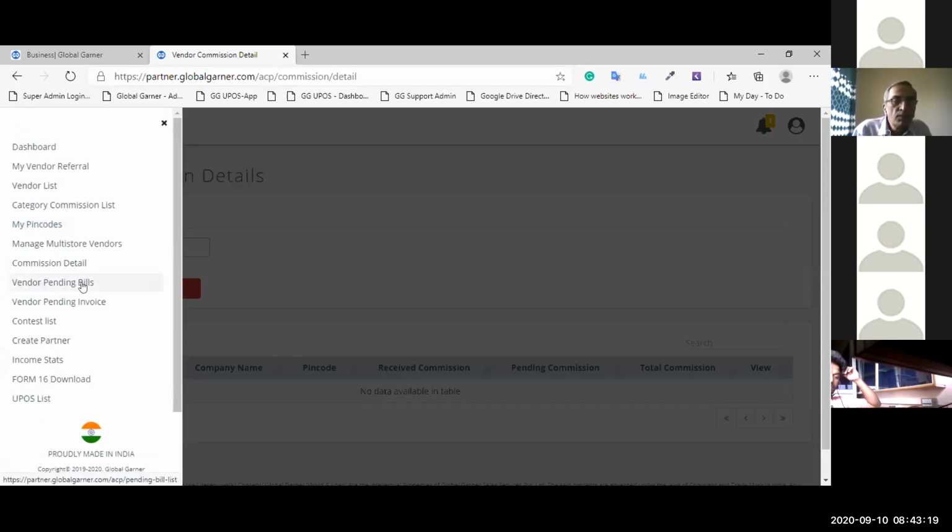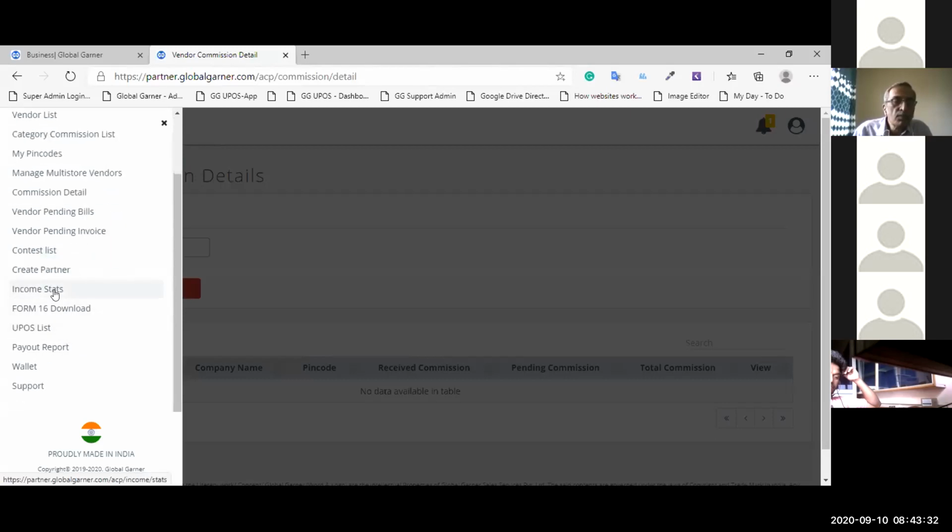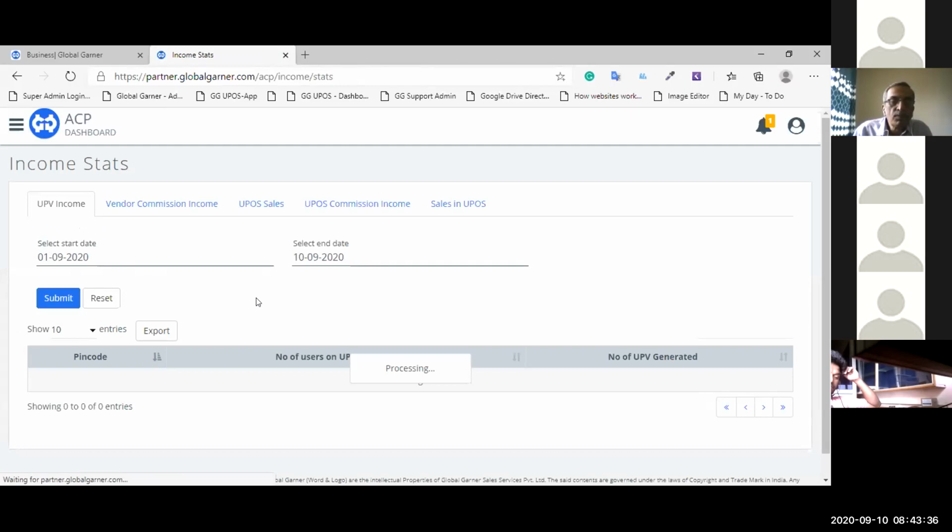Vendor pending bills I've already shown you, pending invoices I've already shown you. If there is any contest running for ACP/CP or ACP, it is visible under contest list. Then create partner I've already shown you. Under income stats, you can see all the details related to the income that you have earned. It can be UPV income, so you can put a date-wise filter over here.